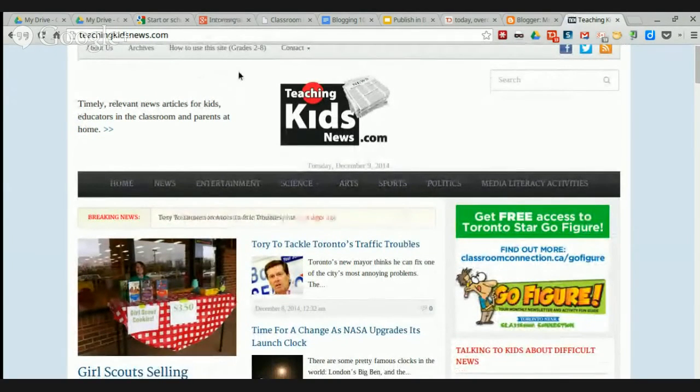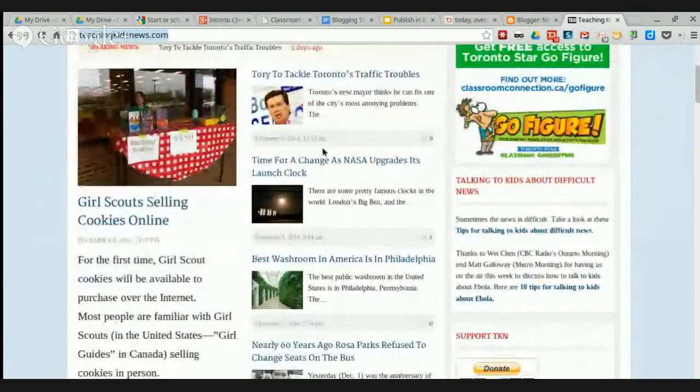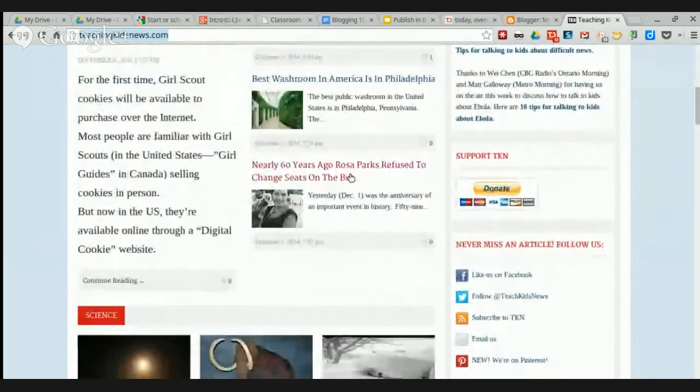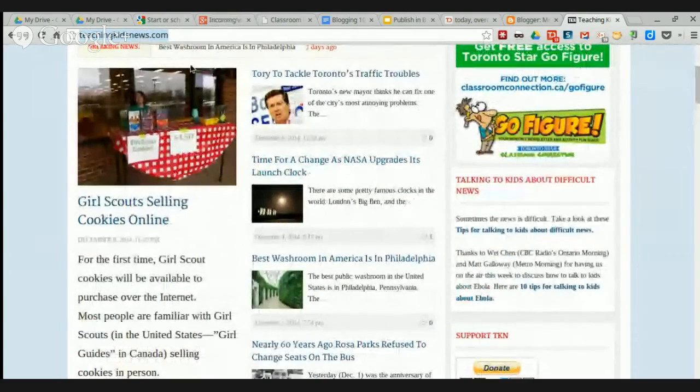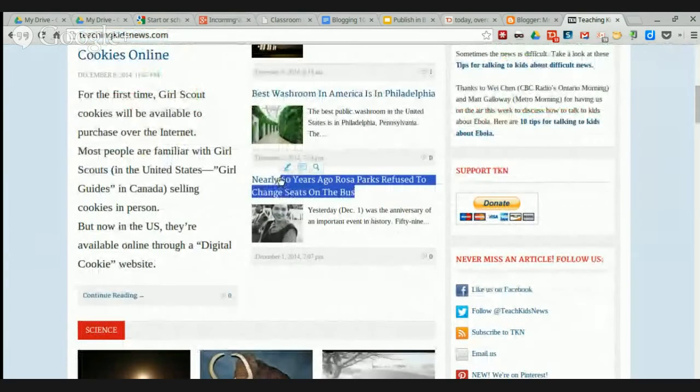So the temptation when you go to share links and hyperlinks on your blog is to just go ahead and grab that first URL that comes up and say, okay, I want you to read the article about Rosa Parks, and you give them the link to teachingkidsnews.com. Well, the challenge is that this article about Rosa Parks was posted on December 1st, and in a day or two, it's no longer going to be on the front page of Teaching Kids News. So what we'll do is we'll click on the article about Rosa Parks,